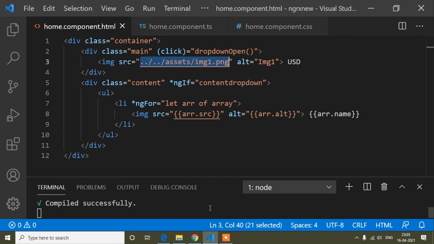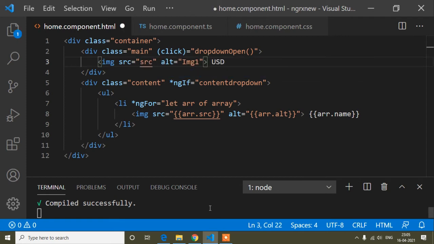Now guys, here I will write a variable. The variable name is source variable. You can write any variable name. Here I have written source variable, that will be easy to understand.